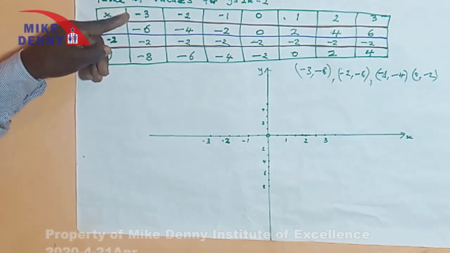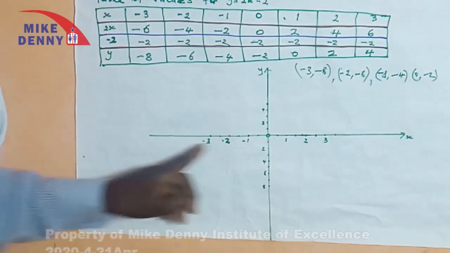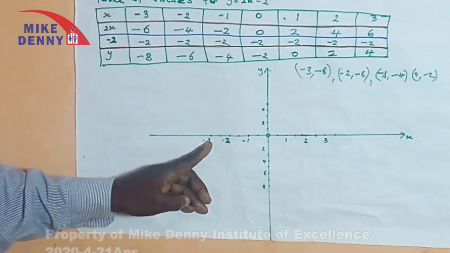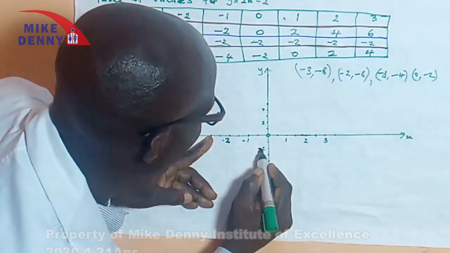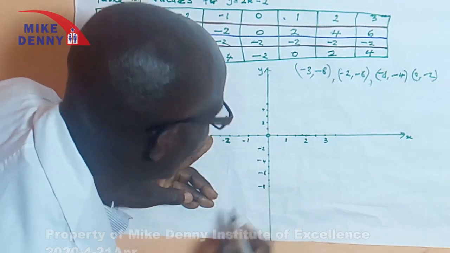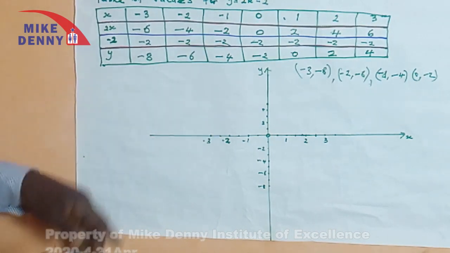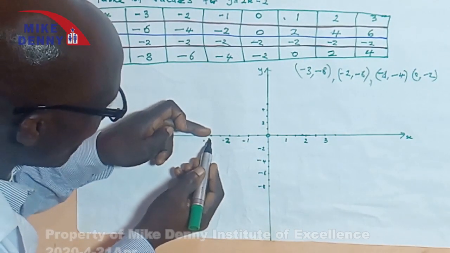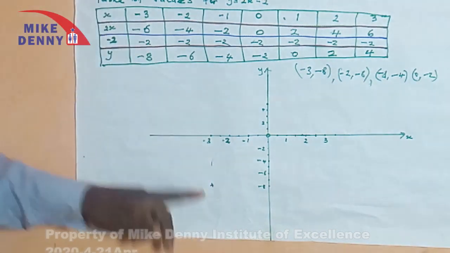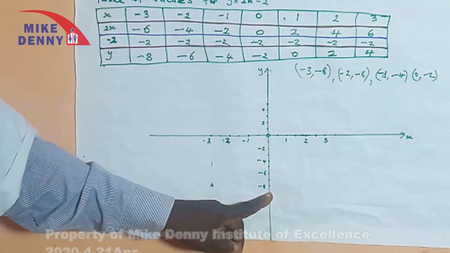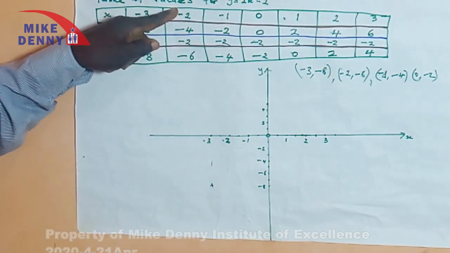So the first one is -3. -3 is the value of x. X is the horizontal axis, so go to -3. Below the origin the values are negative, I left them out. -3 goes with -8. So you go to -3 and you move down until you are exactly at -8. You put that mark. Then try to see whether you can locate the image and the object